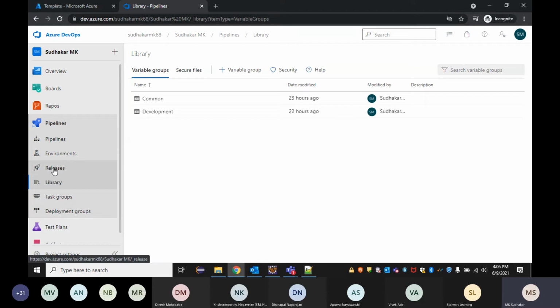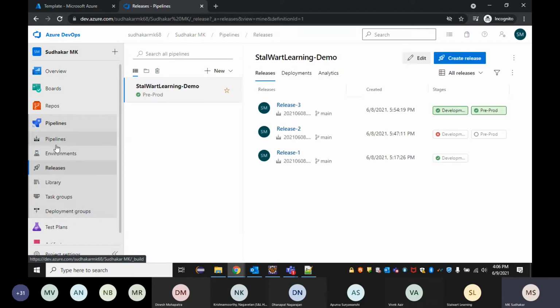Now let's get into the releases. We have the CI pipeline ready. In the pipeline, we have built the project, we have done the unit testing, we copied the artifacts, we published the artifacts, right? All the build is ready now. We have completely done the pipeline. Now we need to create the CD. So we need to create a release because we already have the artifact. With that artifact built, now we need to create a release.